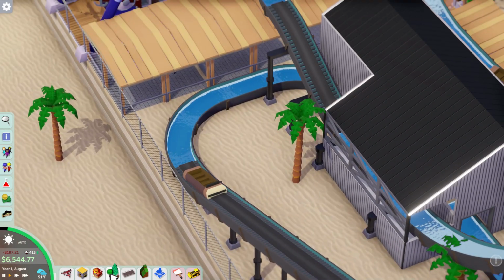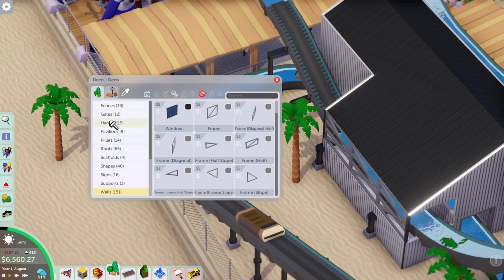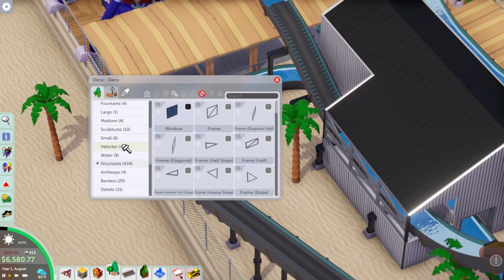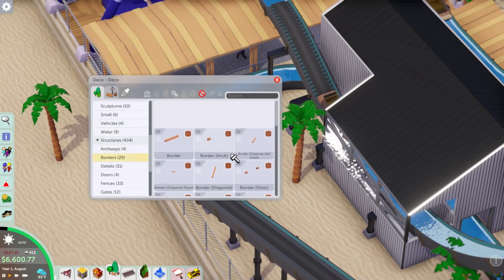We'll probably have to put in a little bit of some borders on this as well, just to finish it up. So, border-wise,